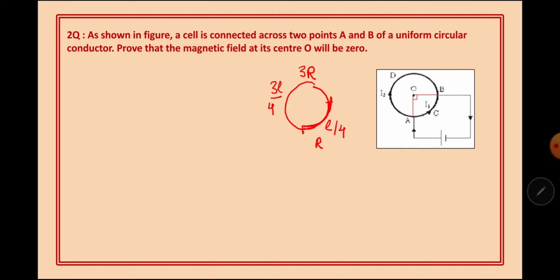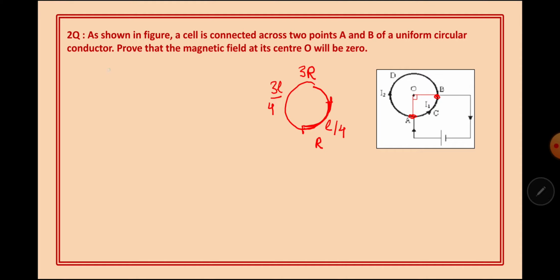Students, why are we trying to find out the value of resistance? Because we want to know what is the amount of current flowing through each part. Symbolically, it is given to be I1 and I2, but unless I know the value of resistance, I will not be able to calculate the current. Now I also know that points A and B are at the same potential difference. Therefore, the potential difference across ADB as well as ACB will be the same.